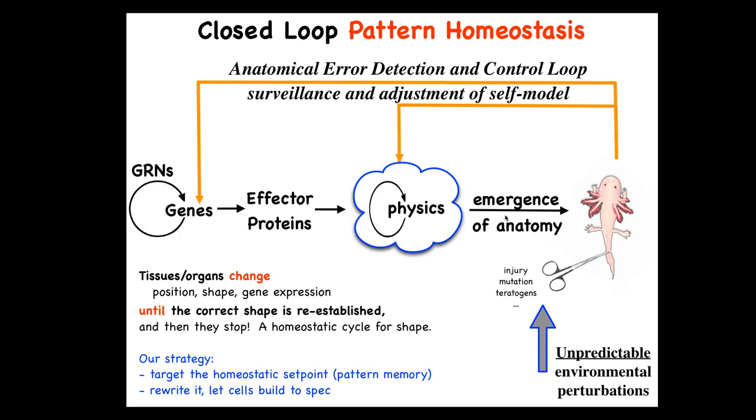But if it is true that this is a goal-seeking system that in some way remembers the actual set point, then we've got a new way, and this is a strategy that everybody from cyberneticians to the repair person that shows up to fix your thermostat at home understands. In a system like this, you don't need to make changes to the structure. You might just be able to reset the set point. And so what we've been doing over the last 20 years is following the predictions of this idea, where we should be able to find the recorded set point in the body somewhere. We should be able to decode it, and the homeostatic set point should be readable.